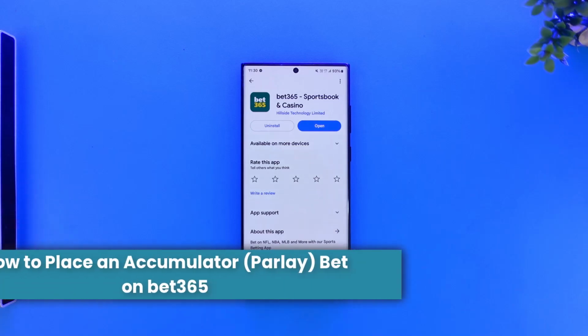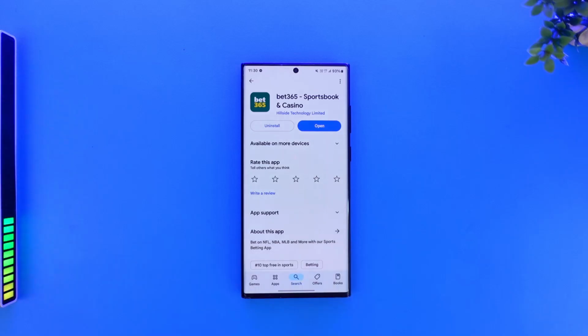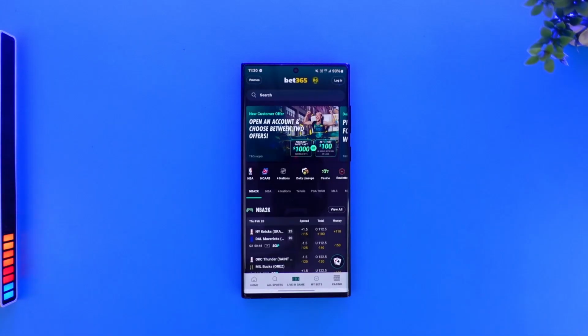How to place an accumulator parlay bet on bet365. An accumulator, also known as a parlay in some regions, allows you to combine multiple selections into one bet, increasing the potential payout. In order to place an accumulator bet on bet365, you want to simply open the bet365 app